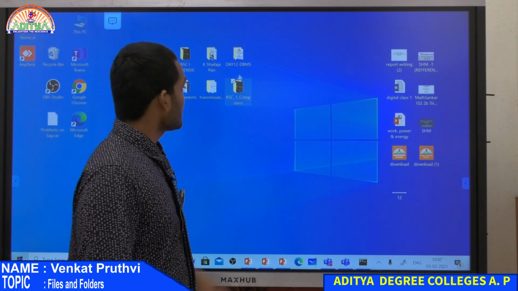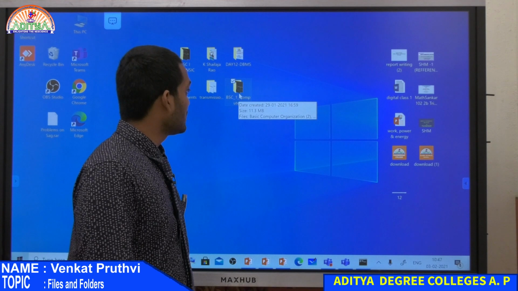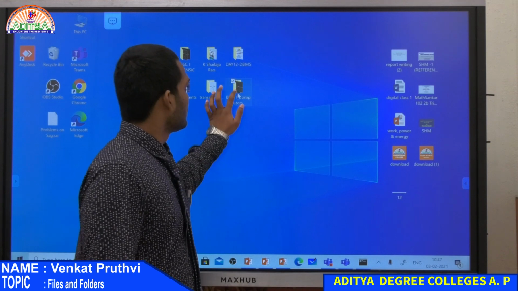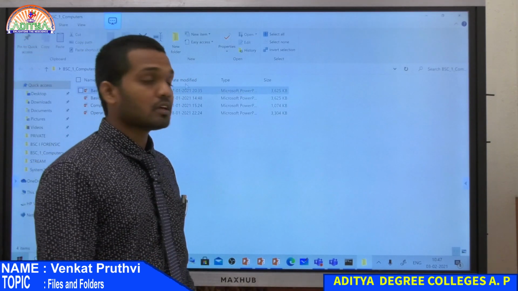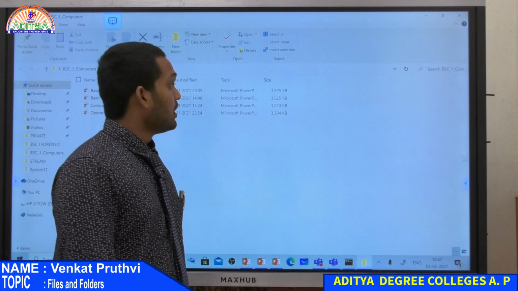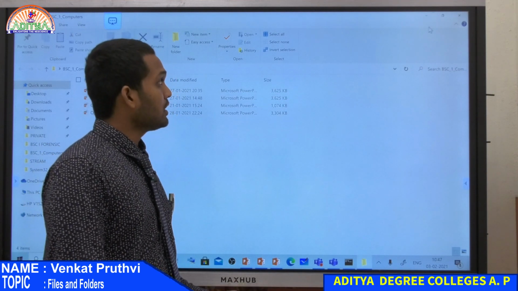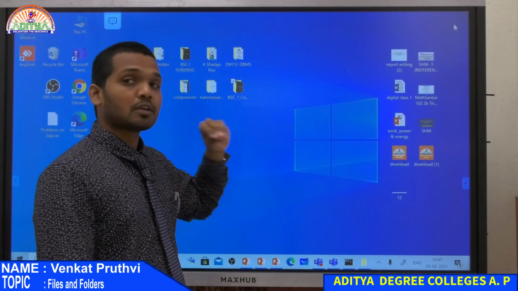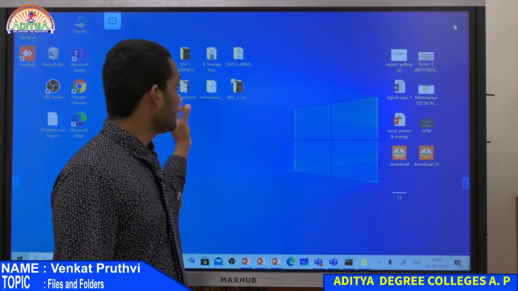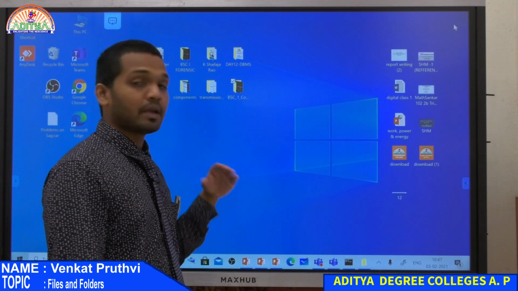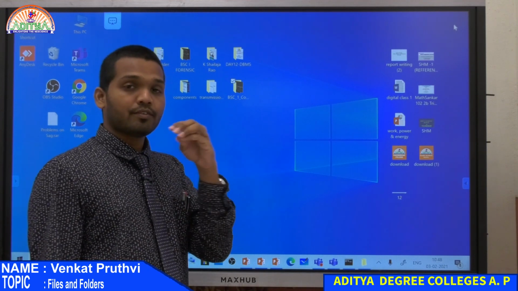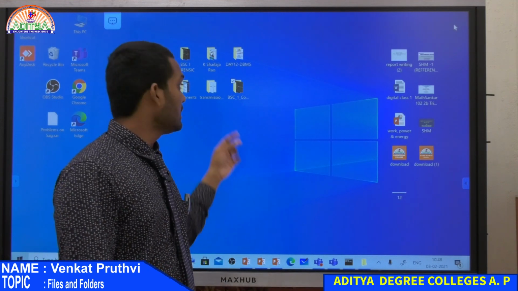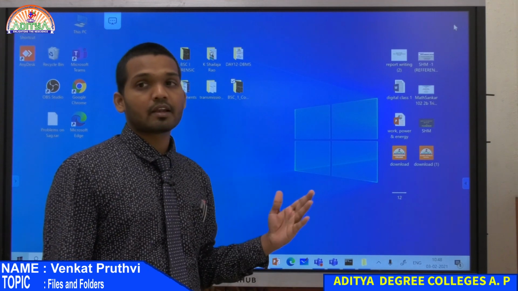With the starting point, suppose we have BSc_1_computers. When I open this folder, what are you able to see here? You are able to see the different files that are there. How are you able to see the files? Because that folder is the starting point, or the mounting point, for those files. Whenever you are organizing your files in the folder or parent directory, the parent directory takes care of all the files in it. The operating system contacts that parent directory, and in it there will be a list of the files and all the data related to those files.